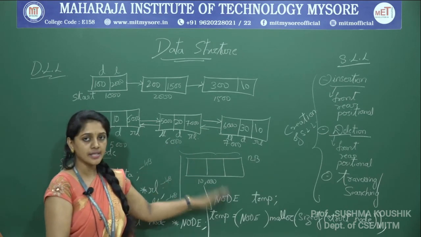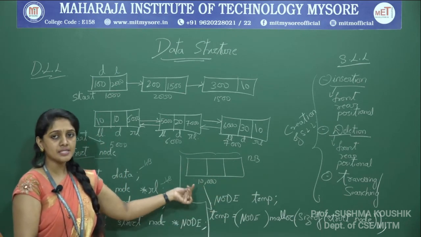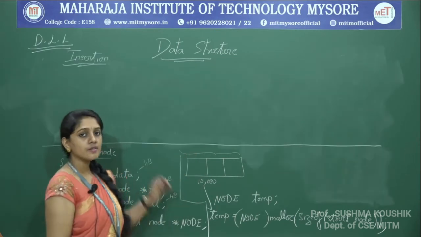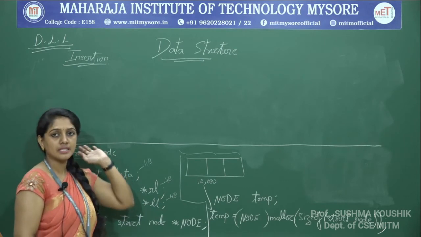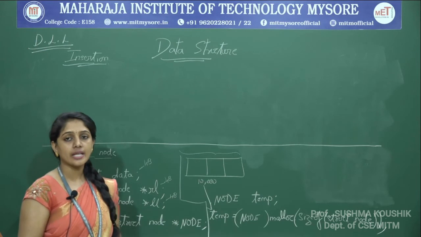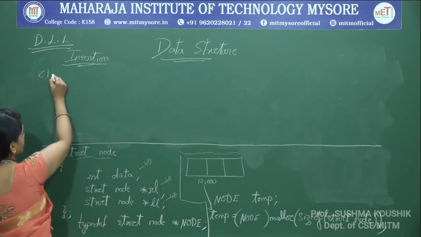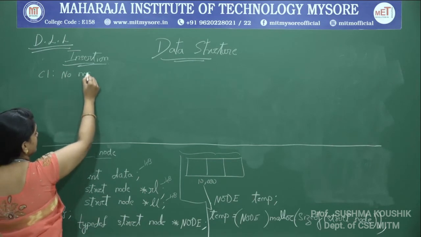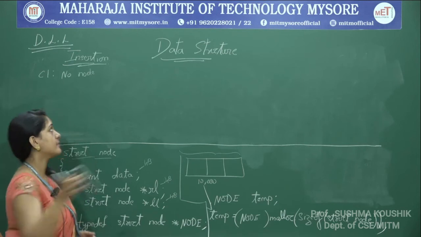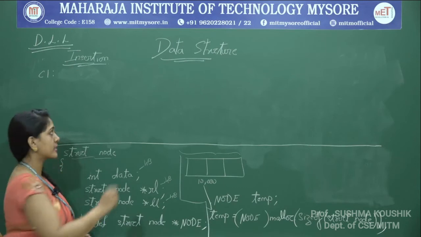Okay, with these things, now we know basically how to create a node. Keeping this in mind, we can start with the operations like insertion, deletion. Now, starting with the insertion of doubly linked list. To start with, the doubly linked list does not exist yet. So, the first case is no node exists. Or rather than saying no node, I can say that this is the first node which we are creating.